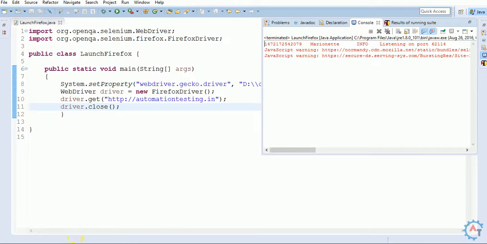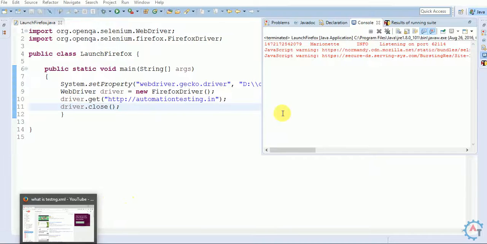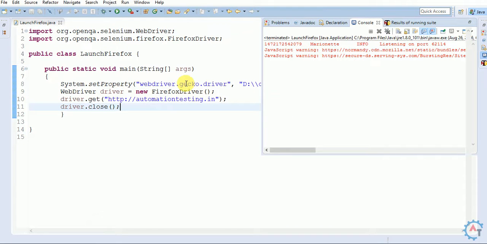You see that the execution completed, but the browser still remains. It means it will not close the browser if you use webdriver.gecko.driver.